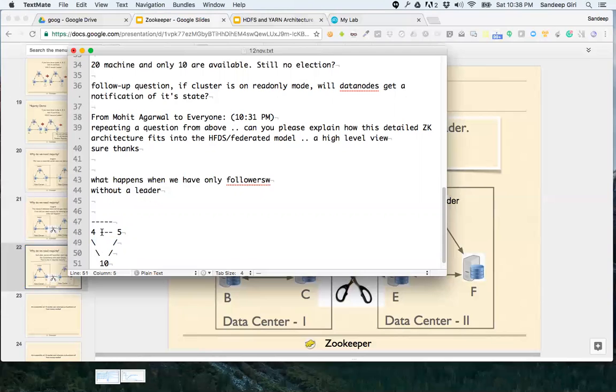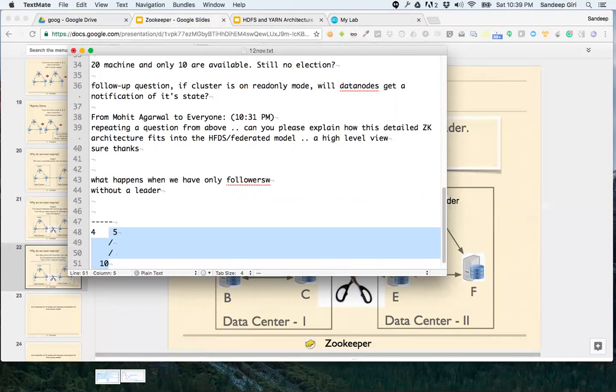As long as there is connectivity, the leader could be at any of them. Imagine that the fourth data center got disconnected from the rest of the world. Now 5 and 10 are connected, which is 15 out of total 10 plus 5 plus 4. 15 out of 19 are available.